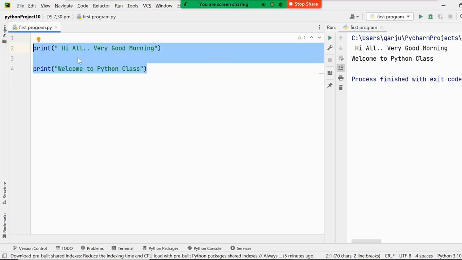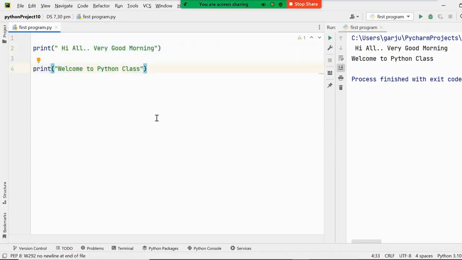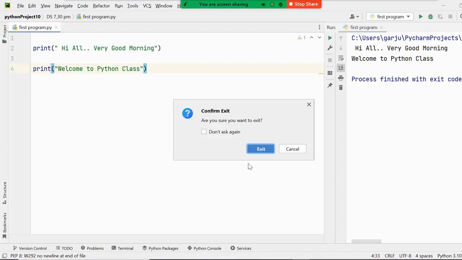So again, you may ask me a question, whatever we do in the Jupyter Notebook, can't we do it in the Pycharm? You can do it. But the thing is that Jupyter Notebook is very flexible and it is specially designed for big data and data analysis. So there it is much better to do the data. I will explain the Jupyter Notebook the same way I explained this one. We are going to use that. Okay, now let's move on to our